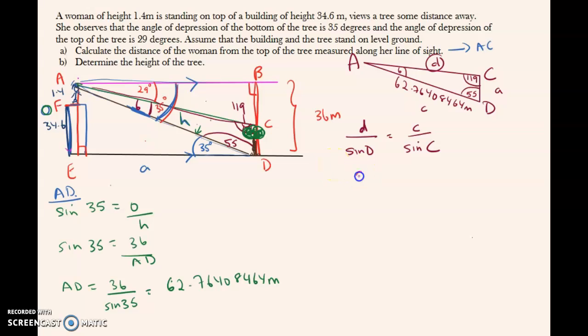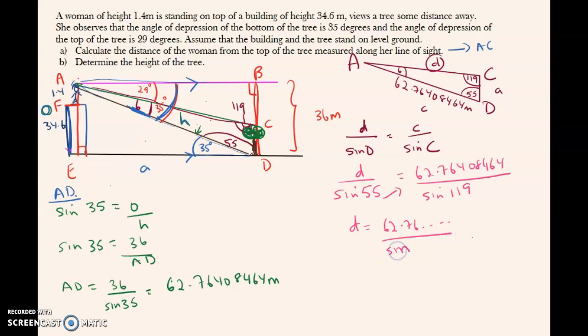So I would get d over sine of 55 is equal to small c, which is... I always tell my students to try to use the whole value, right? And only at the end you multiply. So now the last thing I do, I will take my sine 55 here and send it over here and just multiply. So this will be 62 point etc., 119 multiplied by sine 55. Plugging this into the calculator, I would get